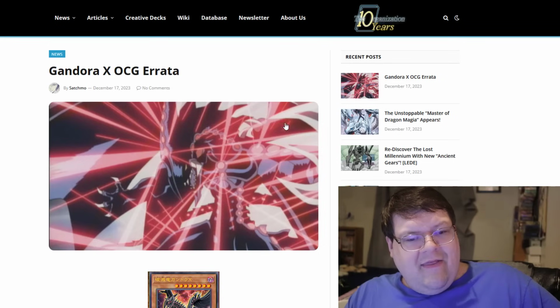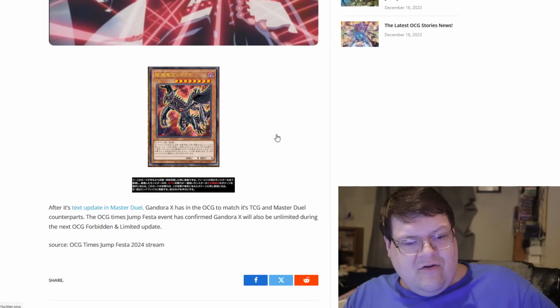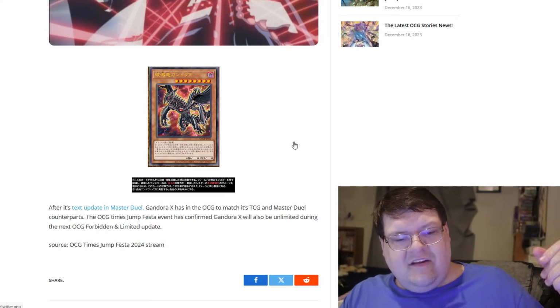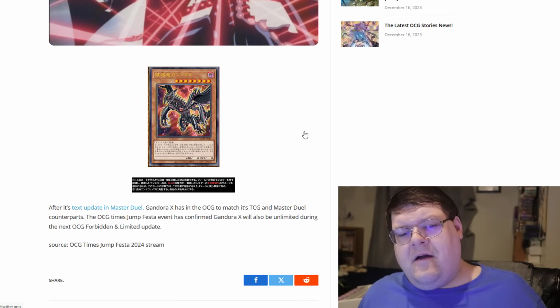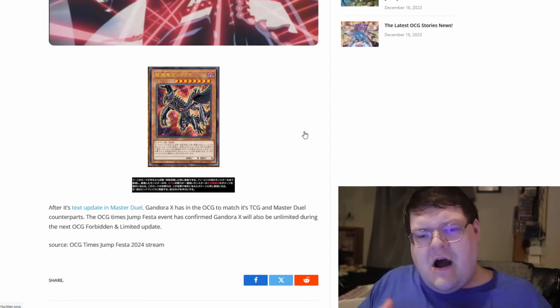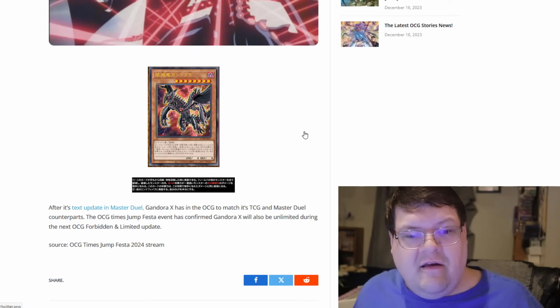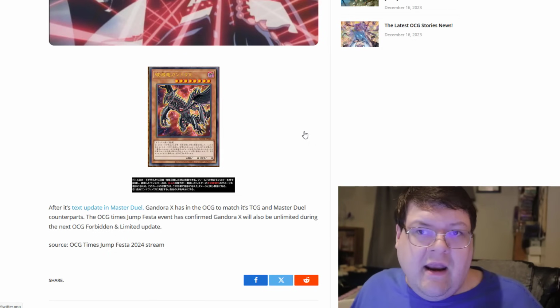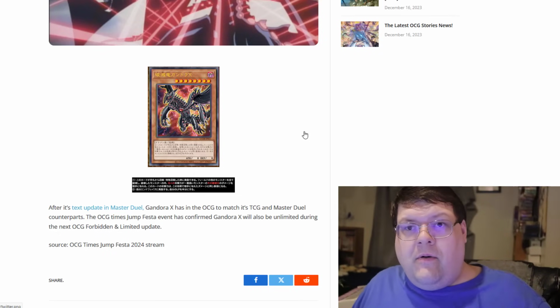You're nuts. And then something interesting, the OCG's finally eradicating Gandora, the Dragon of Destruction. So after its text update on Master Duel, Gandora has been updated in the OCG to match its text in the TCG and its counterparts. Because for whatever reason, Gandora acted on the current attack points and not on original attack points. That's why you would see people playing the Crusadia stuff with this, because you would pump up an 8800 attack point Crusadia Equimax and you just blow it up, and your opponent's just sitting here like,